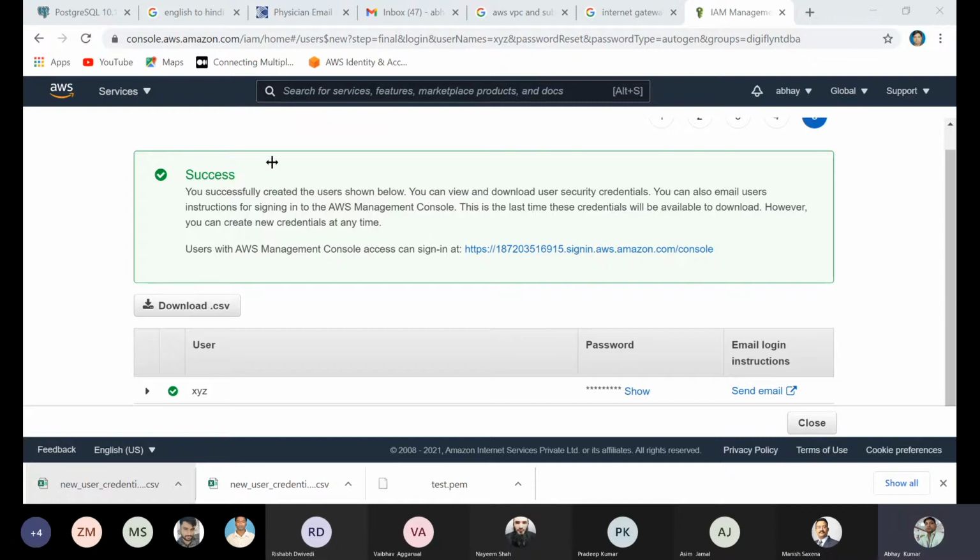Actually we don't have the access key here. The password is here but the access key is not. The secret key is also not there. So we need the access key ID.